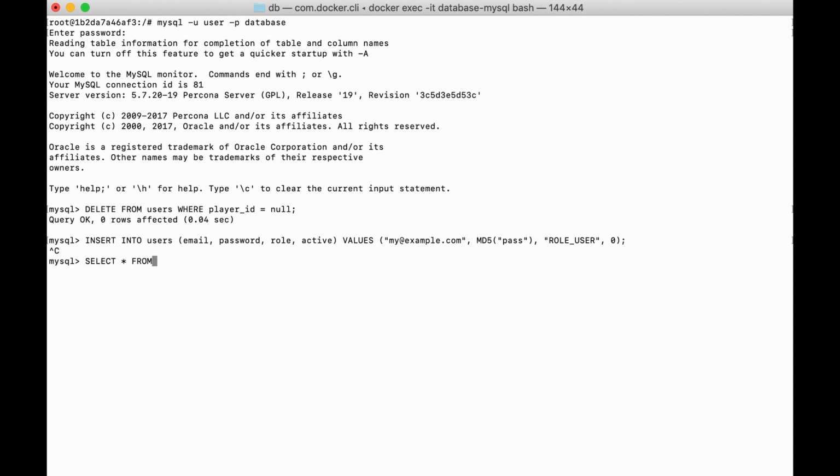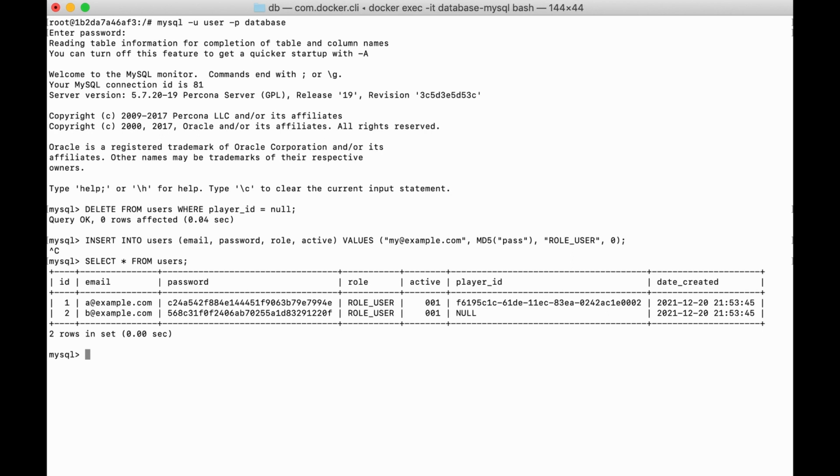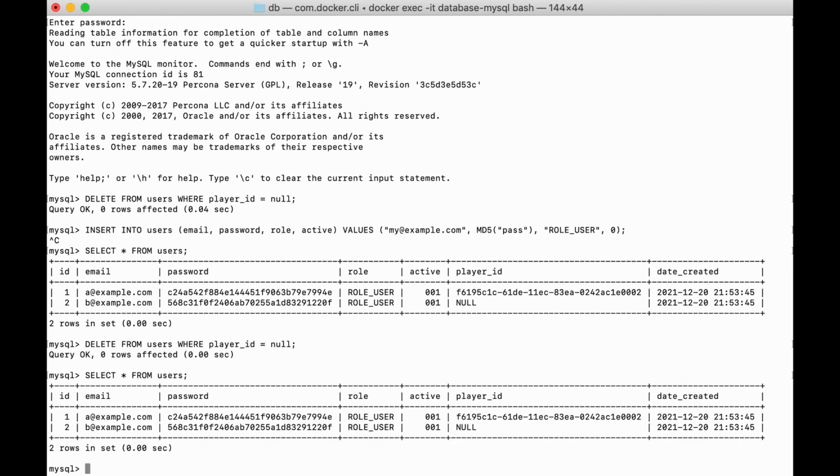Let's check the situation by using select. Notice that the equal sign doesn't work with null. To compare we need to use IS NULL.